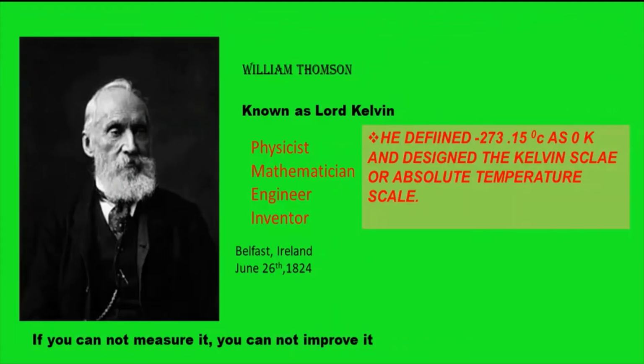The Kelvin scale of temperature was proposed by William Thomson, who is known as Lord Kelvin. Absolute temperatures are stated in units of Kelvin in his honor, while the existence of a lower limit to temperature was known prior to his work. Kelvin is known for determining its correct value as minus 273.15 degrees Celsius.